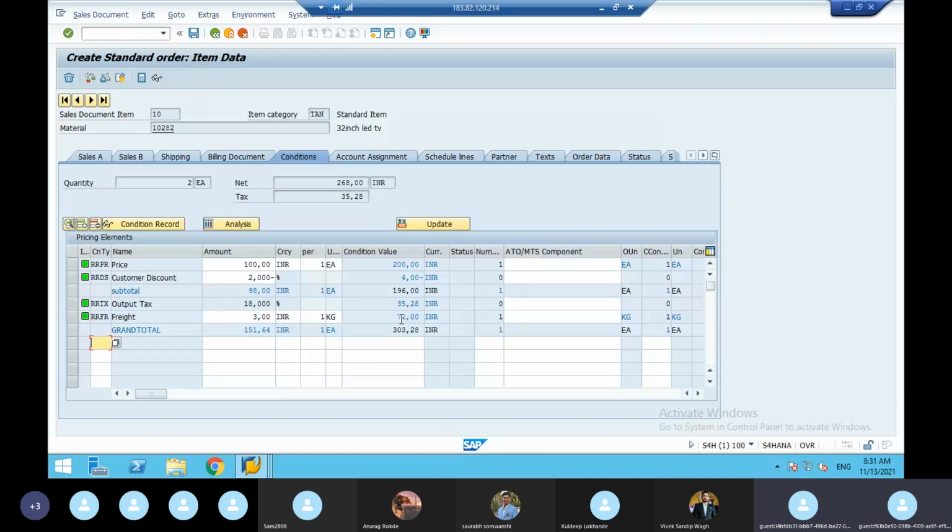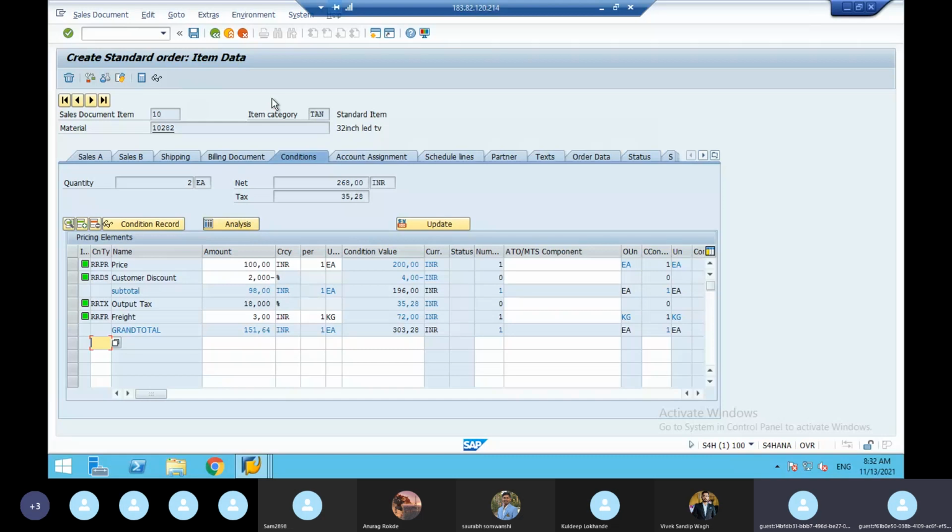See, this is the pricing. This is main for SD consultants. See, I'm telling you, I don't know whether you believe or not, because of the pricing questions and my notes, many people got jobs. Why? Because pricing is very important. So they will tell, hey, explain pricing from yourself. You from your side only explain. How to tell that, all I'm going to tell. But before that, this is the pricing. This only will go, it will come in the billing.